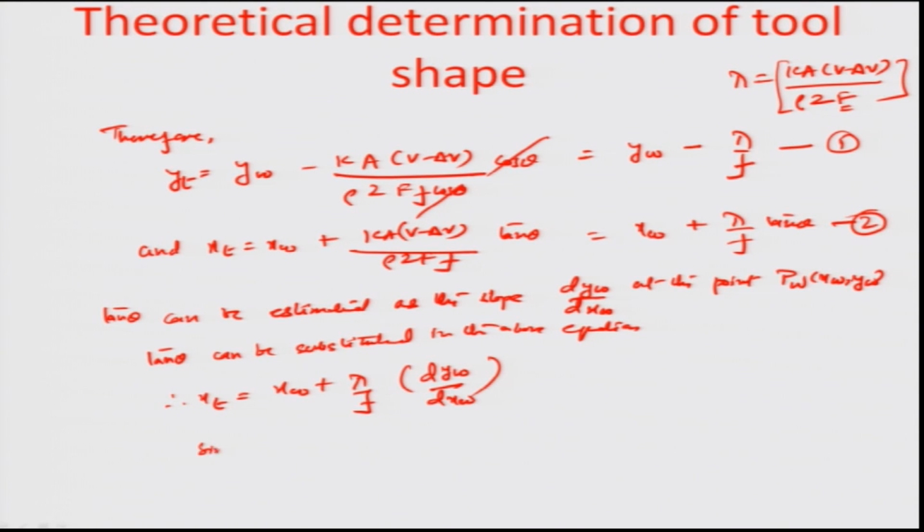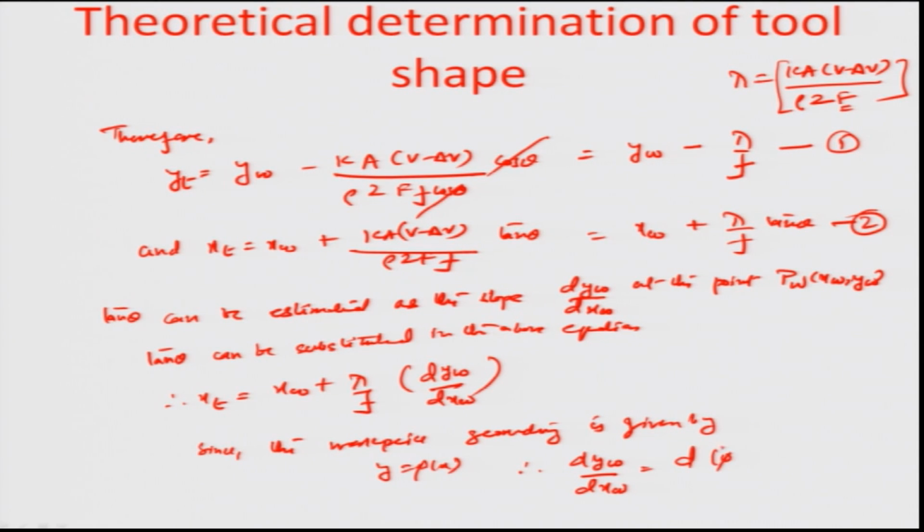Also, since the workpiece geometry is given by y equal to phi of x, therefore dyw by dxw can also be written as d of phi xw by dxw. So, I am going to further put this back here to find out what it results in, and